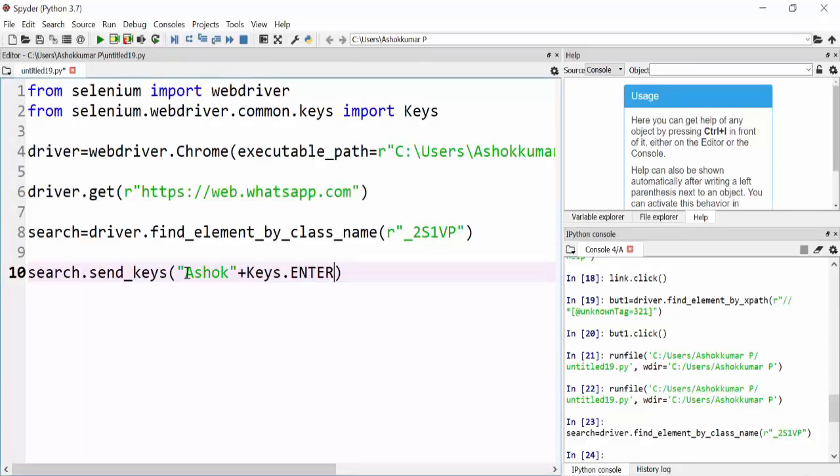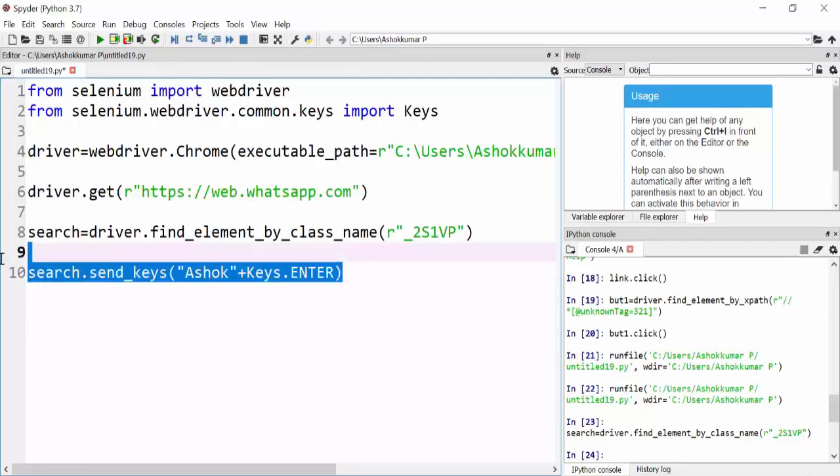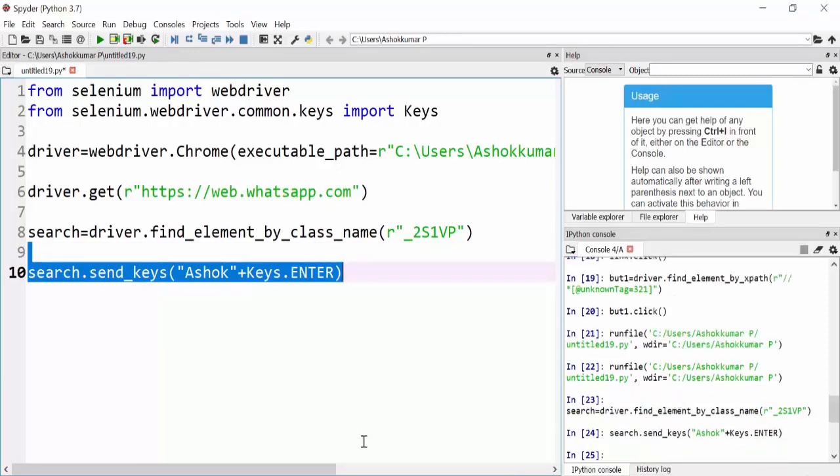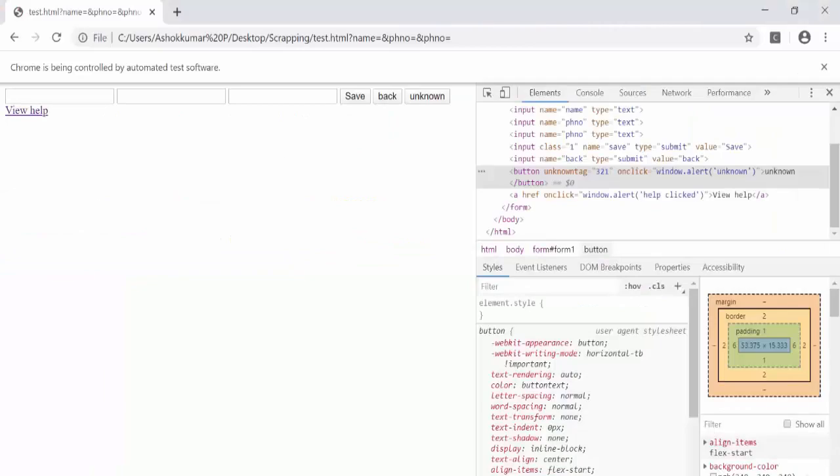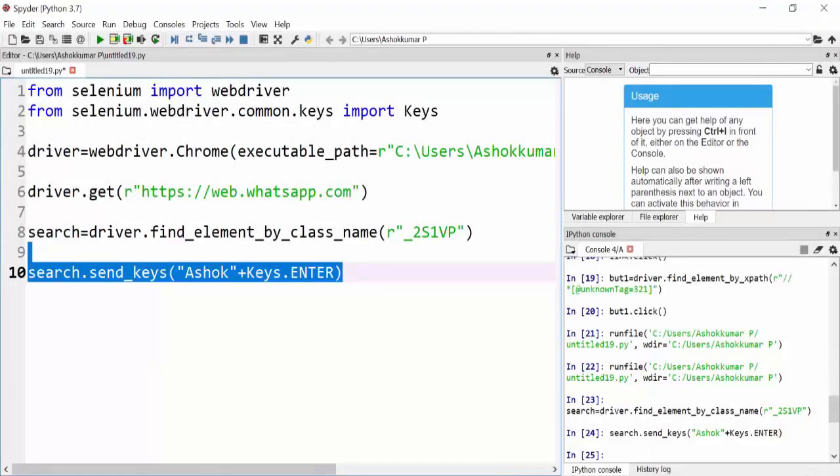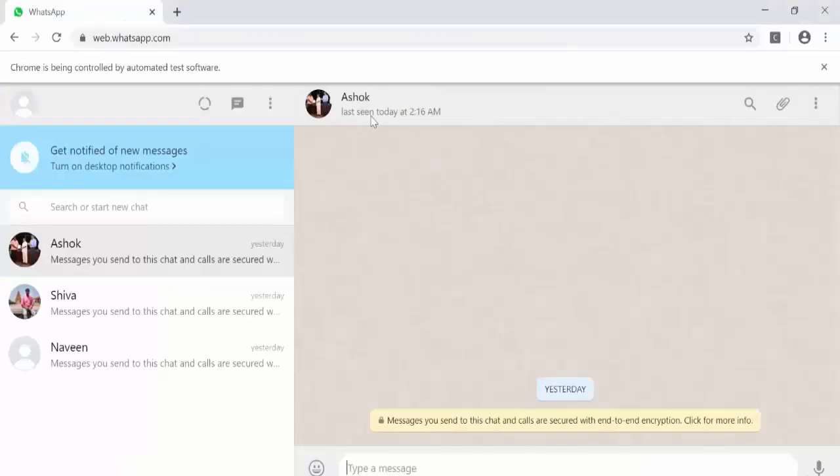What this code does is, it will type these characters, and after typing them it will press the enter key. Let's run this code. You can see that we have typed this name, and when you press enter, the chat is being opened.